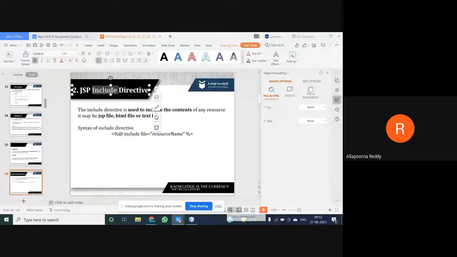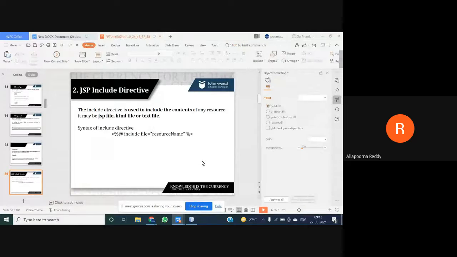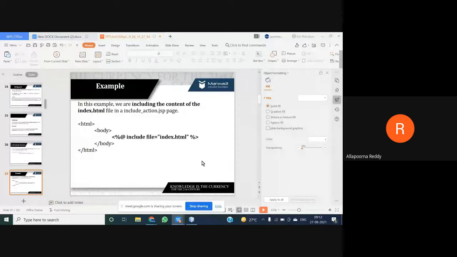Don't forget the difference between forward and include, because as the point comes, I will tell you. Coming to your include directive, just have a look at the syntax, or I can say an example. So I am including a file. I already had a file action.jsp and I had index.html. First I am going to take my index.html and include it in the JSP file.